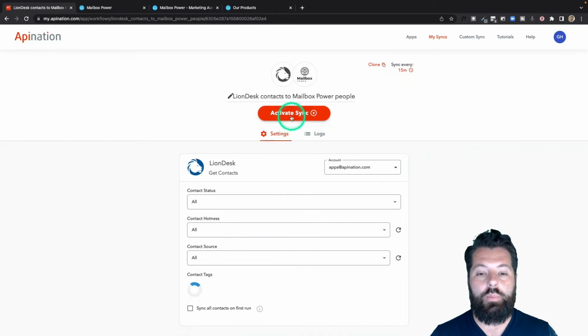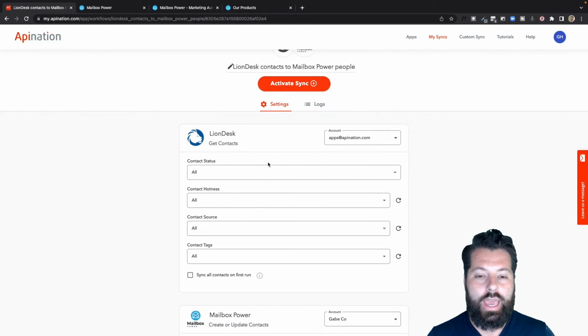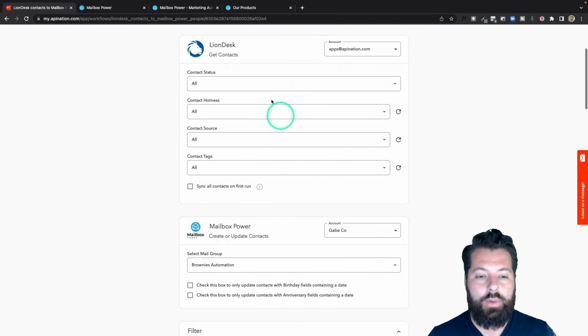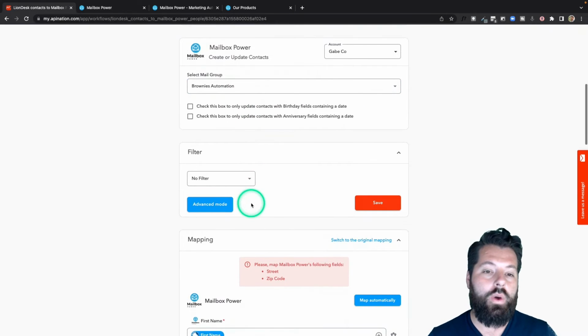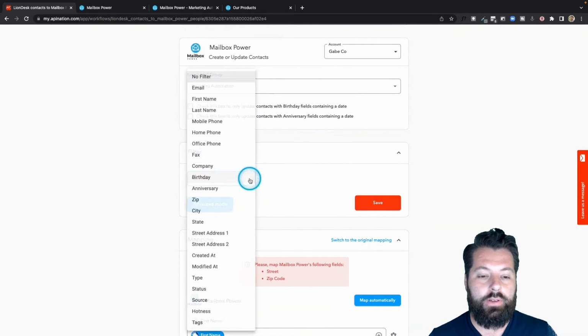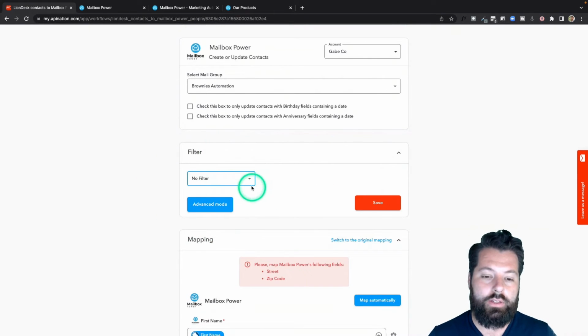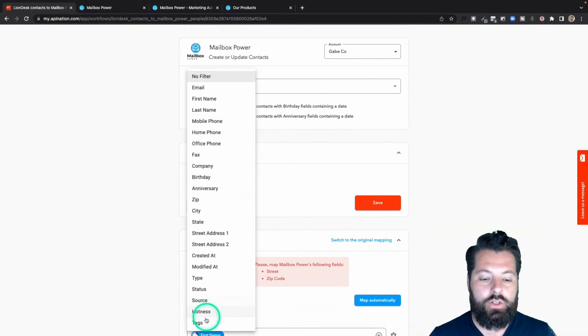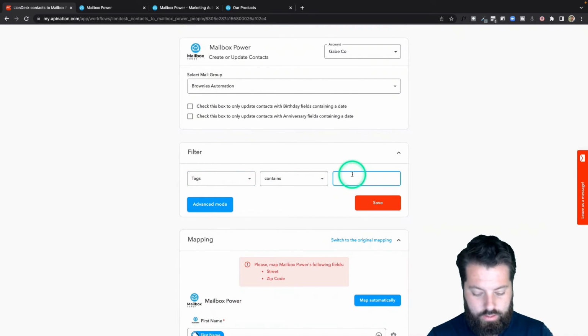You can see at the top, we haven't yet activated it, but I'm going to do one more thing here, just edit it. I'm going to come on down here. This all looks good. They're going into Brownies Automation. One thing I want to do here is change the filter. We have this extra filter here, a general filter. I'm going to change this to tags contains brownies